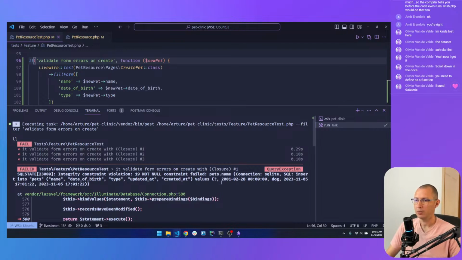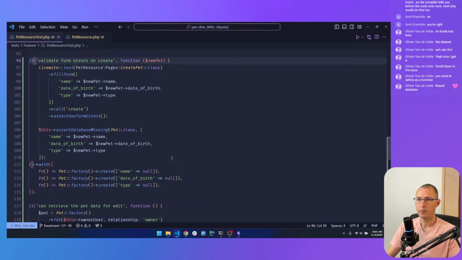So it's trying to create the form. It's trying to create the record, but it's failing on database level. How so? All right, first of all, I should be using state here.